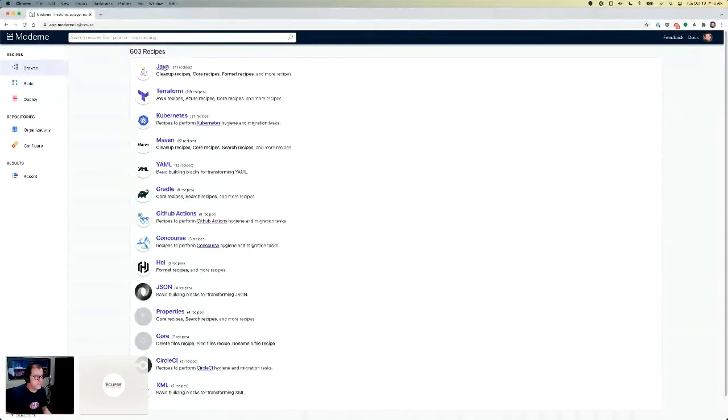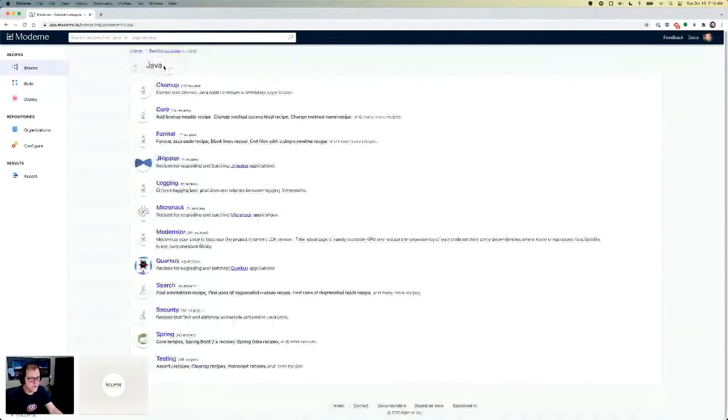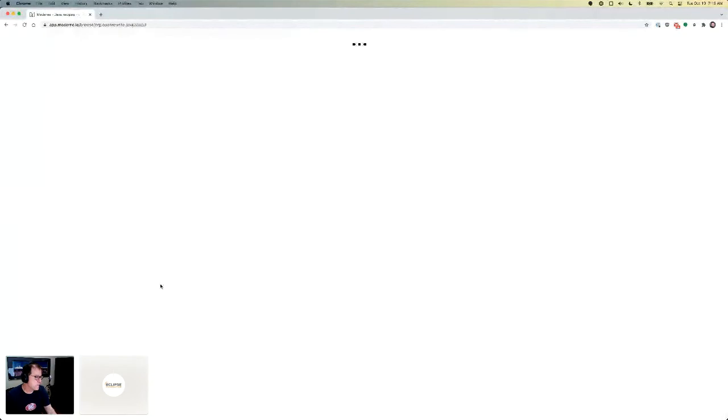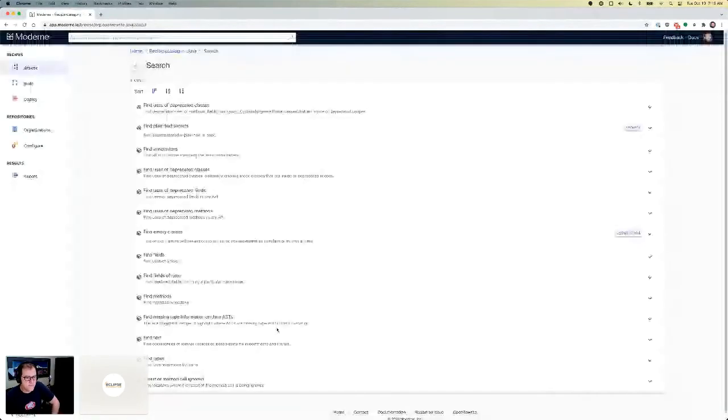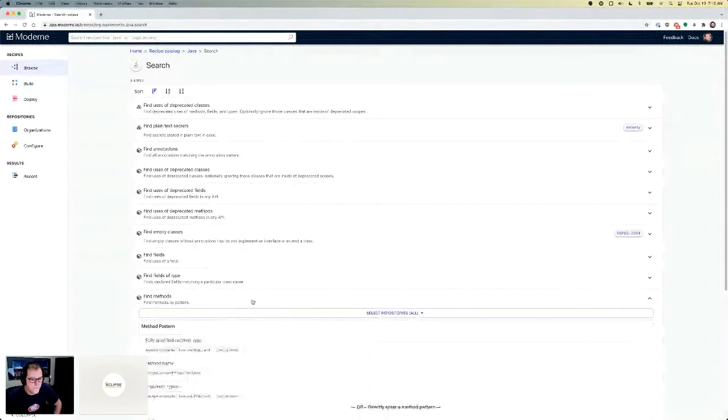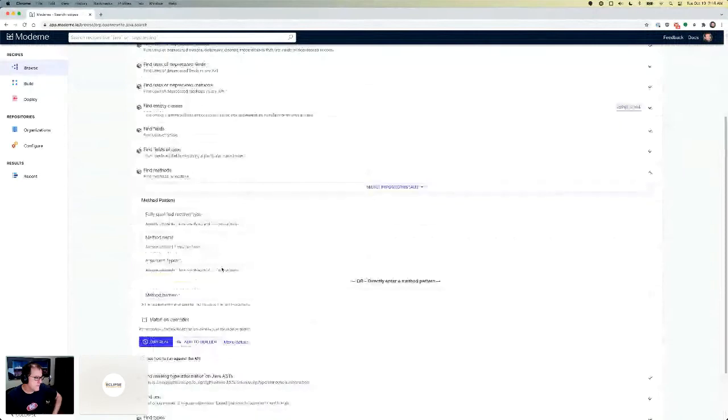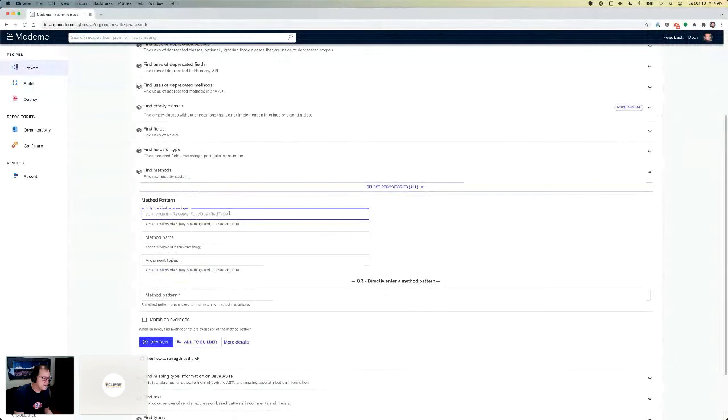Okay, we're going to go to Java now, and we're going to use some of the search capabilities of OpenRewrite. So with this, we're going to go to search, and in this case, I want to find the surface area of an API. So we're going to go to find methods. This recipe uses a syntax that's very similar to the pointcut expressions that you may have seen if you've ever used AspectJ.